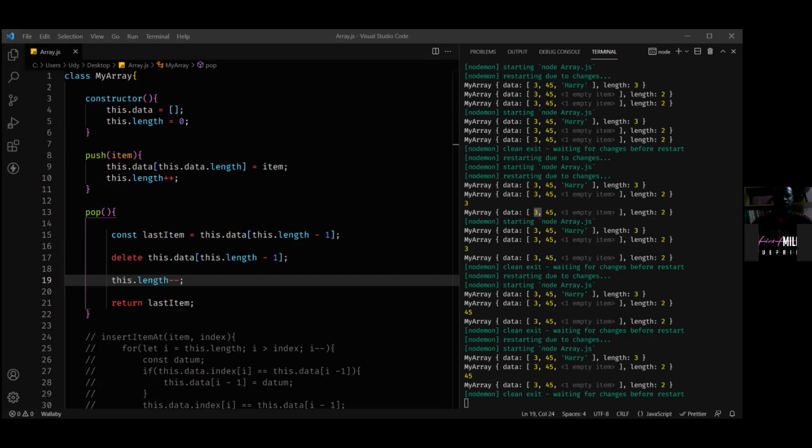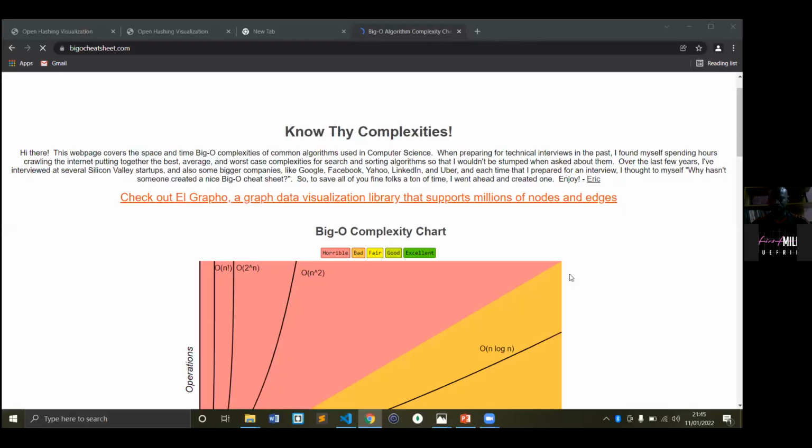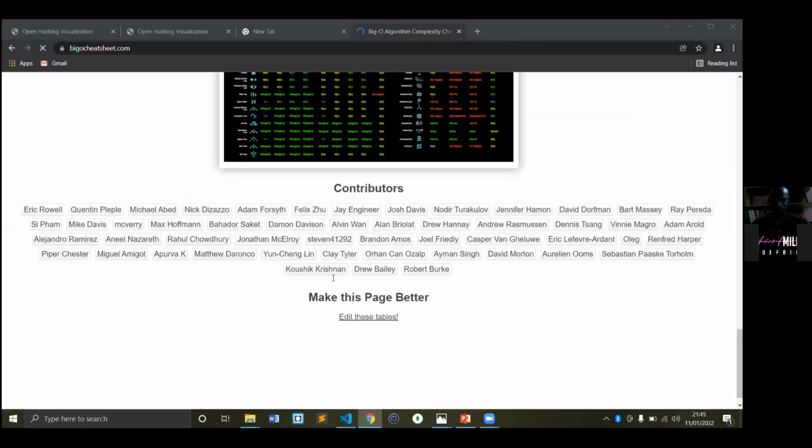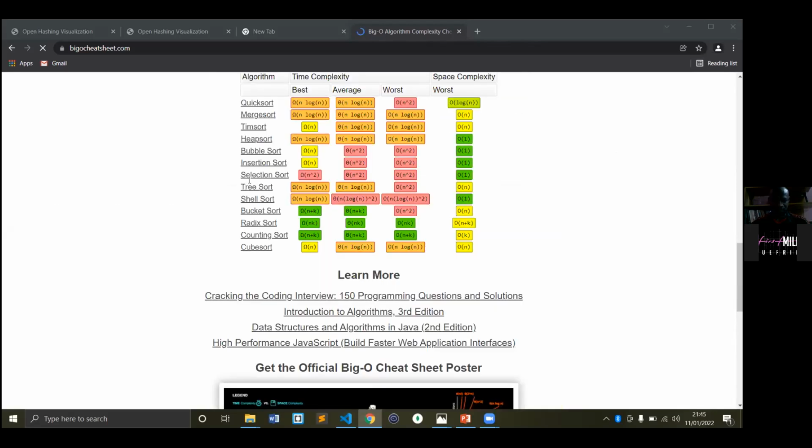And the reason is that access has to do with using an index to access the value at that particular position, but hash tables do not have any means by which they can be accessed using an index. You notice it says not available.